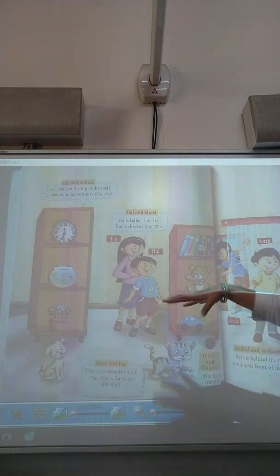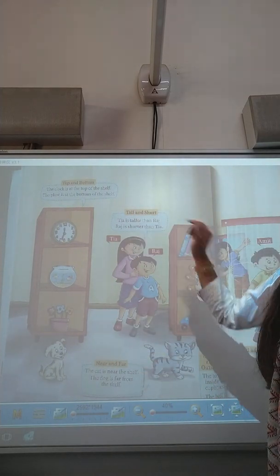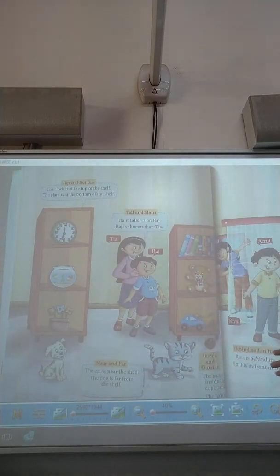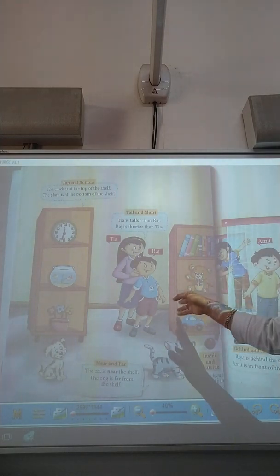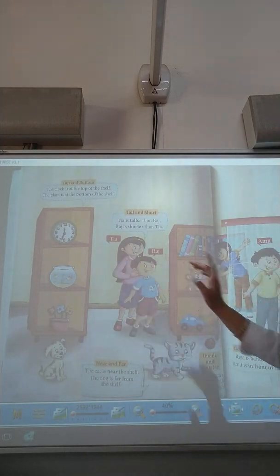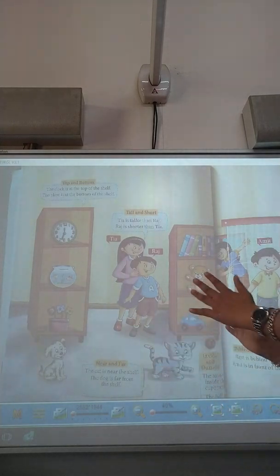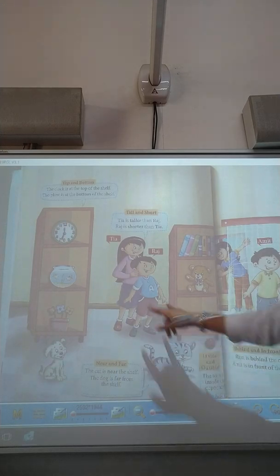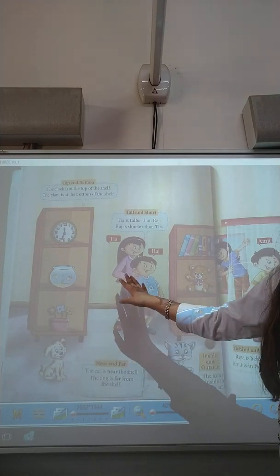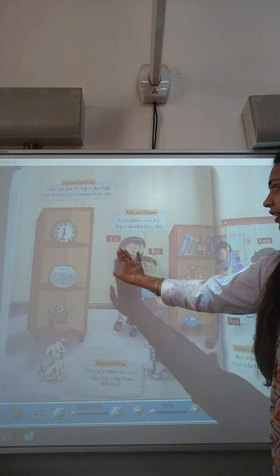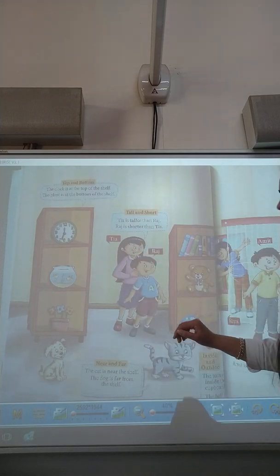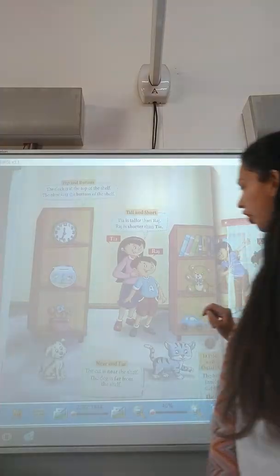Now coming to the next position words, tall and short. These are the pairing words also as we have used the same ones. Tall and short. See, Tia is tall whereas Raj is short. Now we are comparing, हम compare कर रहे हैं इन दोनों की heights. So we can easily say that Tia is tall. But again then Raj is short.